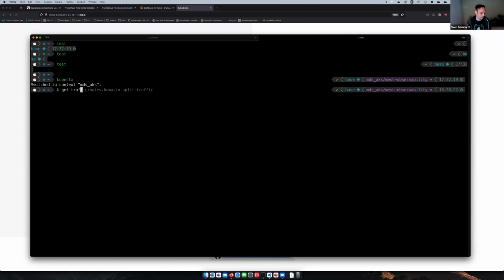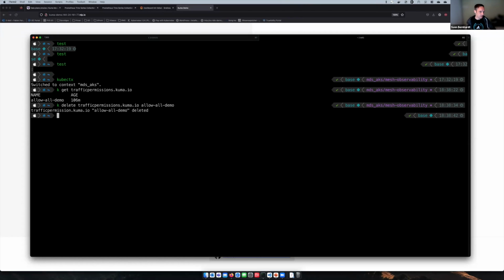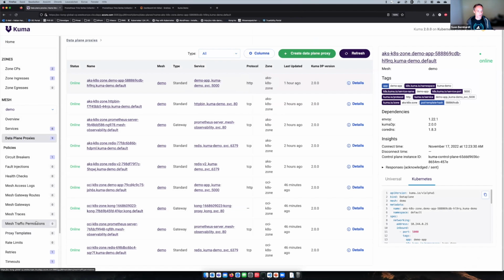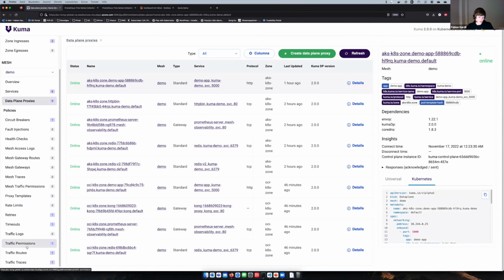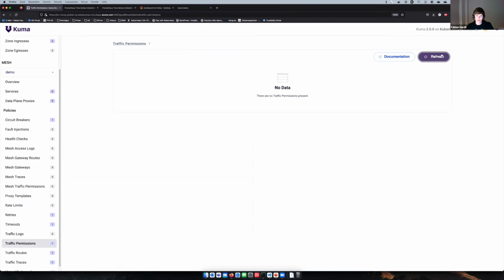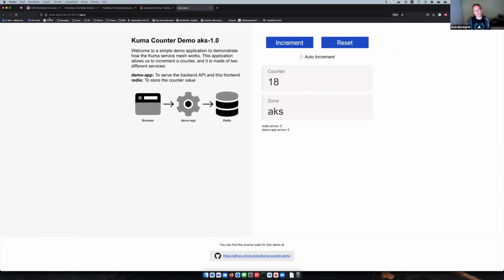So configuring the mesh is done by Kubernetes manifests. Kuma provides the respective CRDs for that. We can just delete it. So now the traffic permission is gone. You can see it over there. No data. If we go back to the application, what we will see is that when we refresh the application,